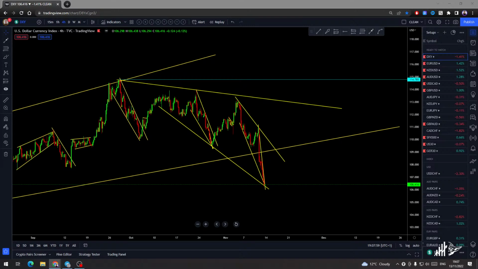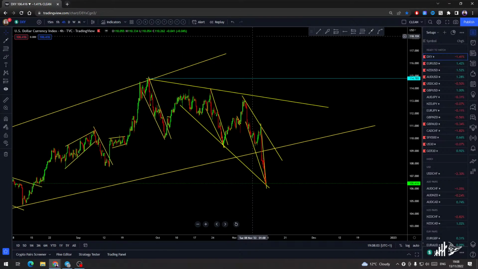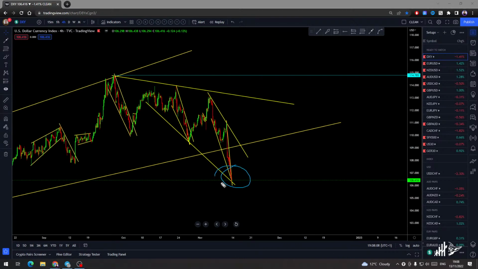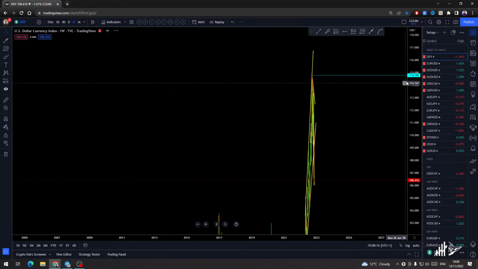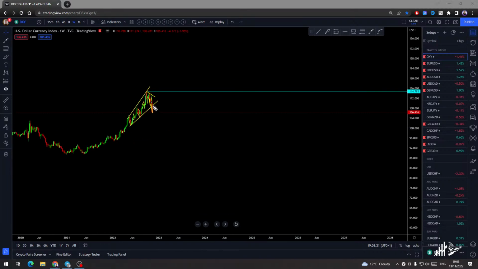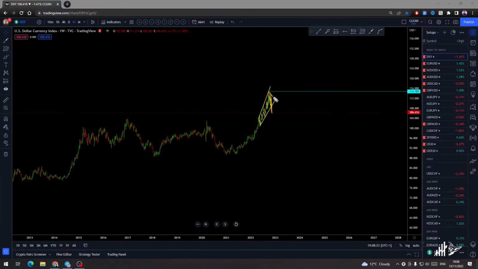So yes, DXY. What I anticipate there is that I'm watching this one to lose its momentum. I really do not anticipate that the dollar will lose more strength across the market. If we watch the weekly, we are at the top, that's totally true, but I don't see a deep drop right now, or a deeper correction, at least not yet. I anticipate another leg higher, and then a deeper pullback.